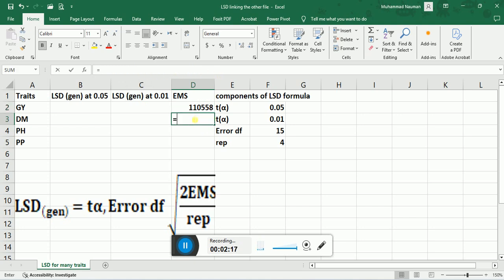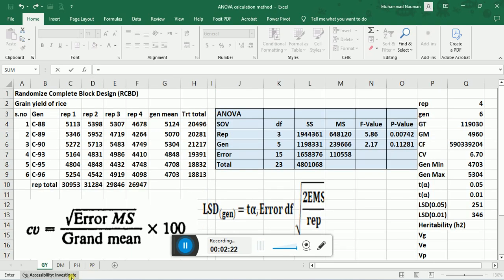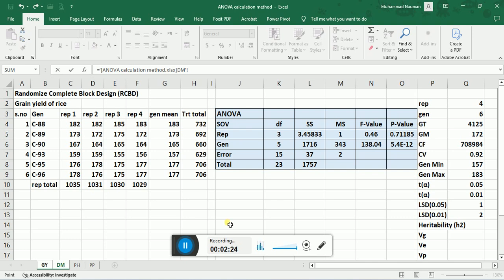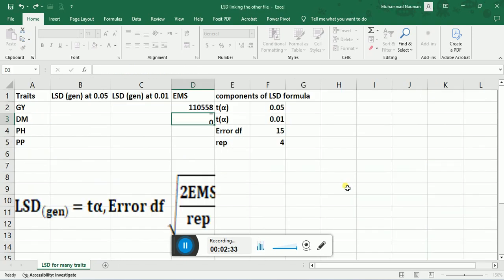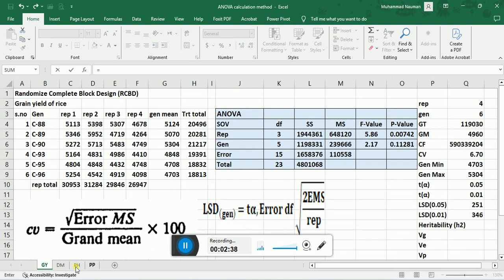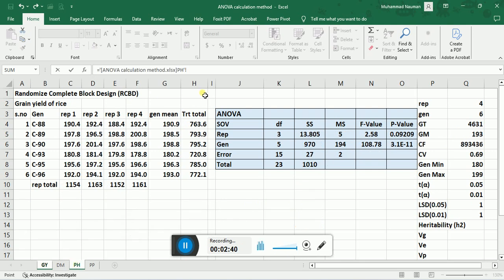Now press equal to and go to the days to maturity worksheet. Here is the days to maturity worksheet, and here is the error mean square for days to maturity. Press enter. Now again equal to, go to the plant height worksheet. This is the plant height worksheet, and this is the required cell for referencing.